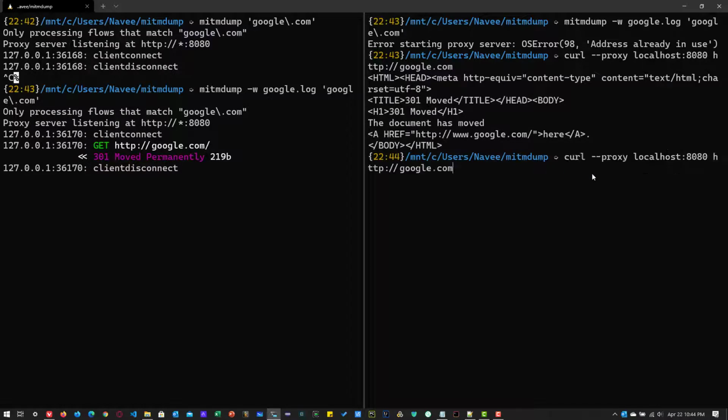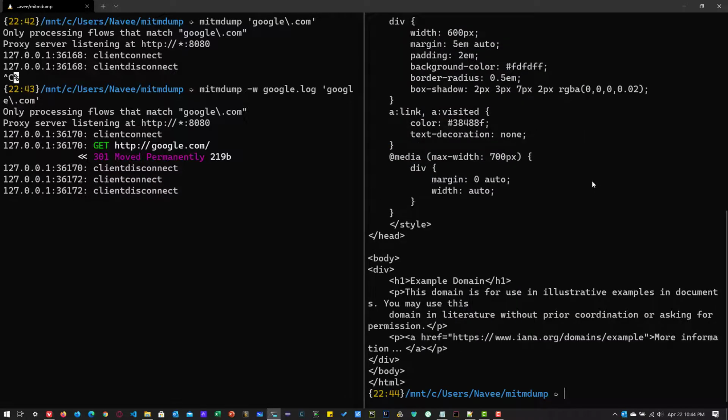But if I send example.com, and if you go inside the captured google.log and search for example.com, it will not contain that particular request. So basically it will capture only the Google information, not example.com.